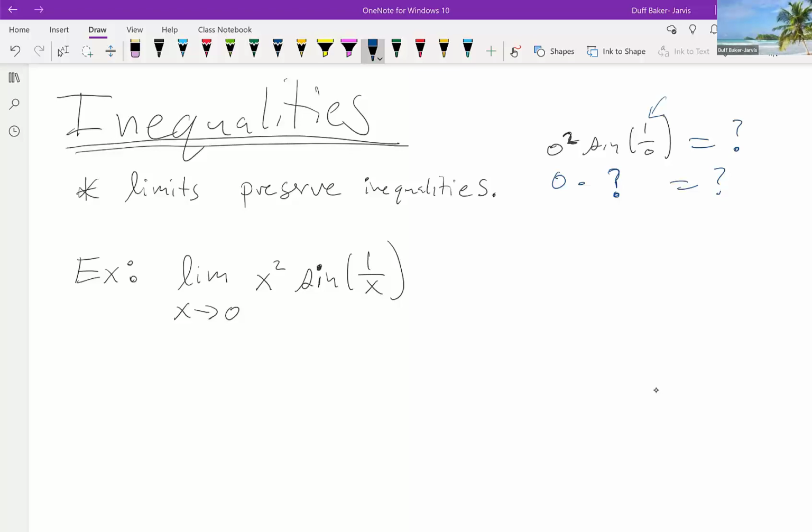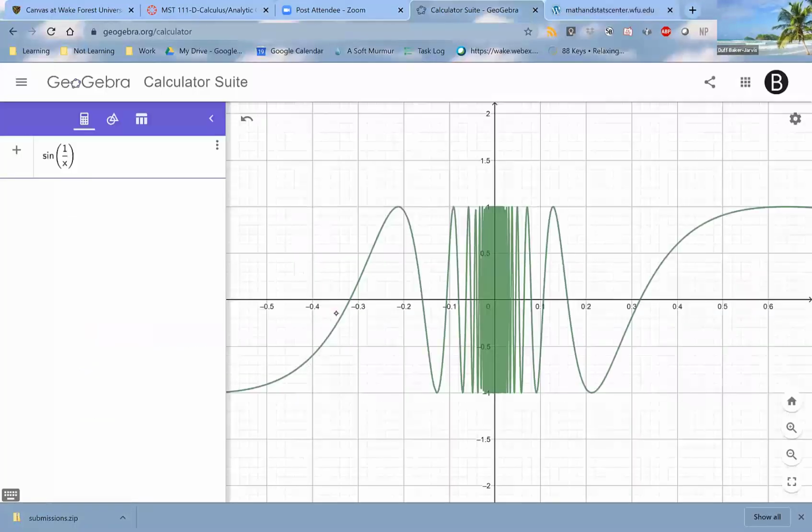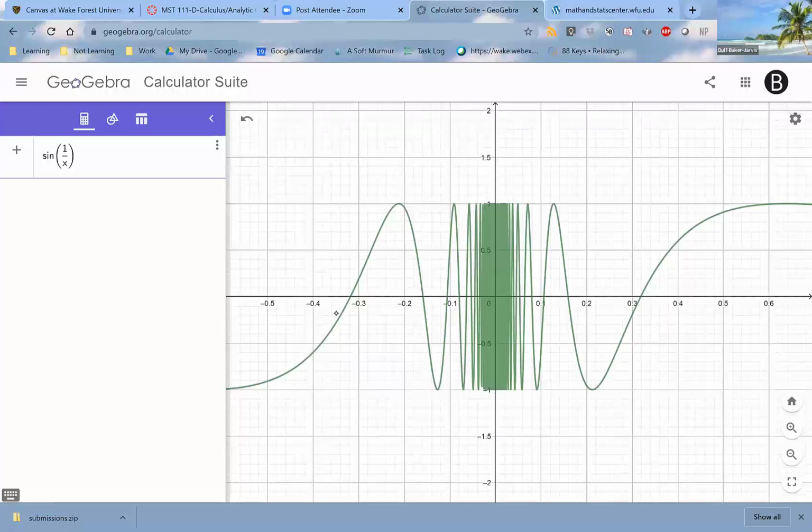But this sine of 1 over x is a very curious function that maybe I just want to show you briefly. If I forgot the x squared out front, and I just did sine of 1 over x, this is a very funky function. So let me show you a graph of it. So this is the graph of sine of 1 over x, just sine of 1 over x. So what's happening is it looks kind of like a sine. It goes up and down, but as it gets close to the origin, it starts going up and down faster and faster. So if you zoom in,